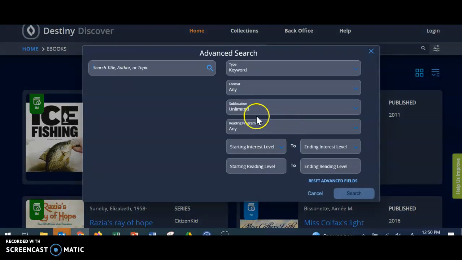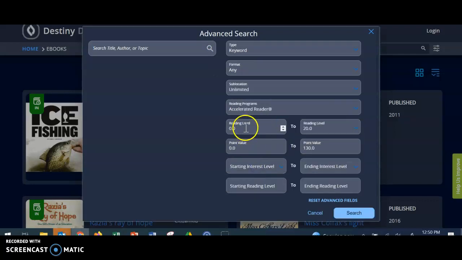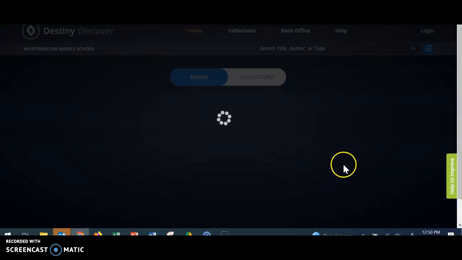And I'm just going to go to where it says reading program, and I'm going to tell it accelerated reader, and then I can tell it right here what reading level I want, and we did 2.5 to 3.8 in the catalog, so I'll do it here also. And then I'm going to hit search. If I again wanted a specific subject, I could type it in here also, but I'm not going to do that. So I hit search,